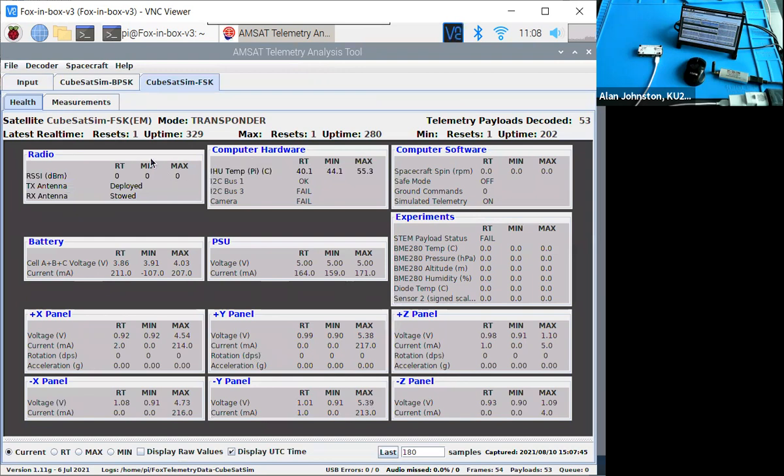So the telemetry is in different groups here: radio, computer hardware, software, battery, PSU, that stands for power supply unit. It's basically the supply for, in this case, the Raspberry Pi. Experiments, and then data on each of the 6 sides. So the axes of a CubeSat are X, Y, and Z. And the plus direction is in one direction, the minus direction is in the opposite direction. And of course, a cube has 6 sides. So that's why there's six